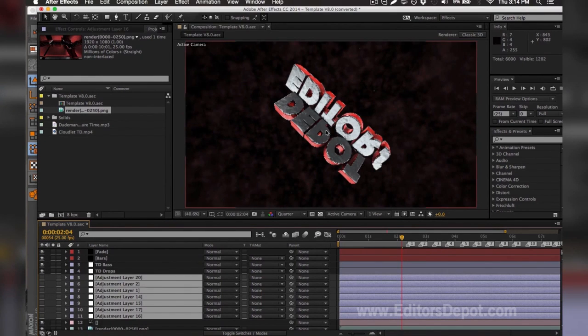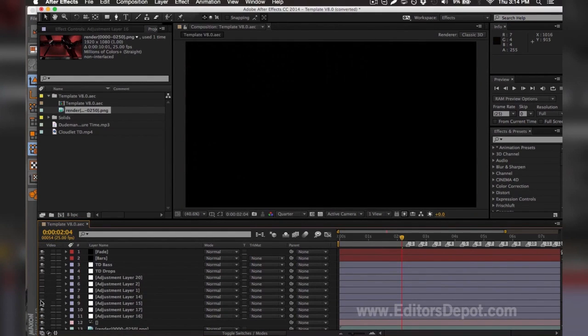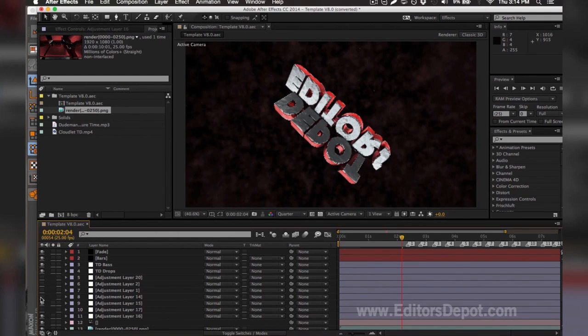As you can see here, one of these adjustment layers messed up the entire render, so I'm going to turn them on one by one. That one's fine, that one's fine. This one's the problem here. So you make sure you turn them back on,